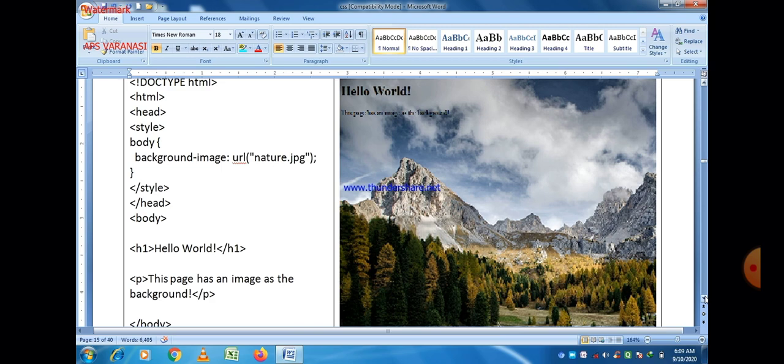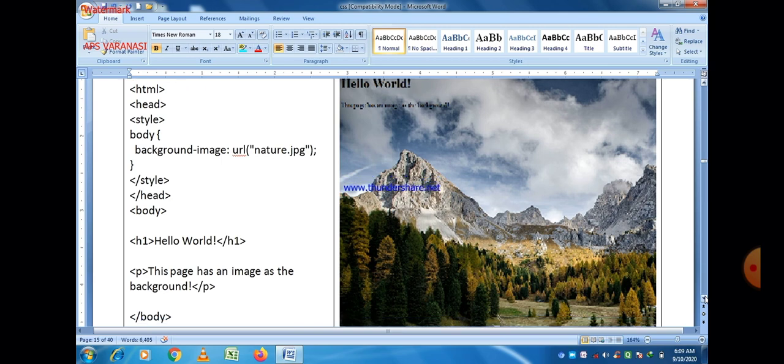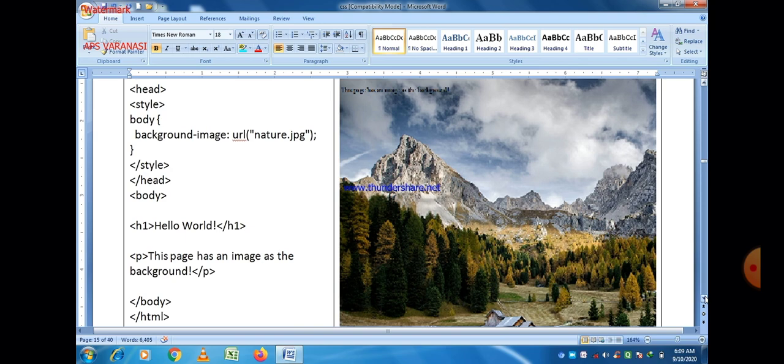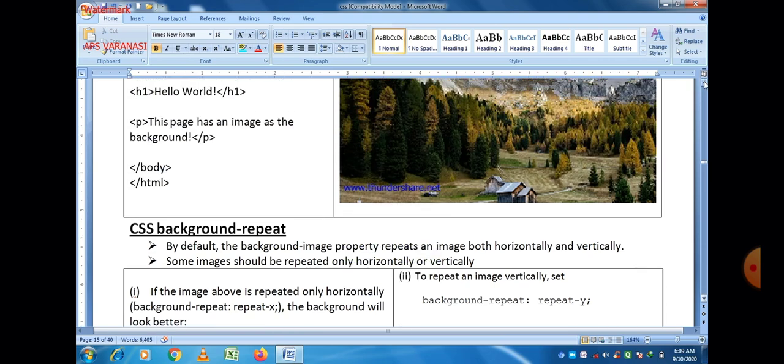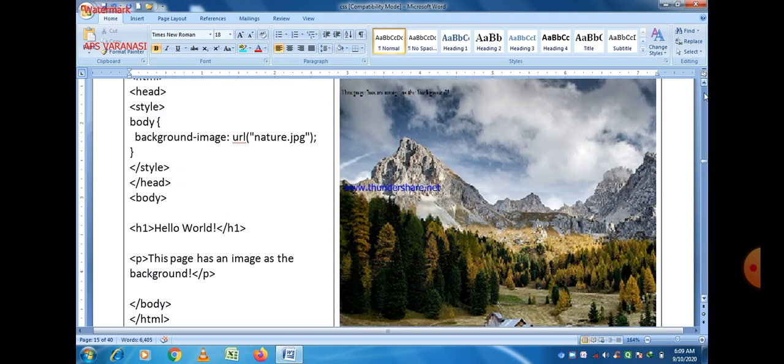URL stands for uniform resource locator, and within the brackets you can give the image file name. The image file name is nature, and the type of the image is JPG, so we just write nature.jpg here, and then the style tag is closed. So here we put a background image in our program.